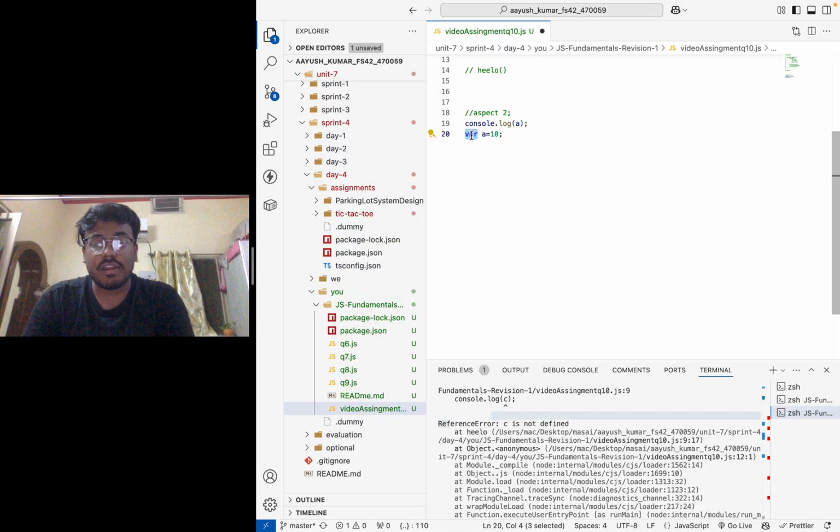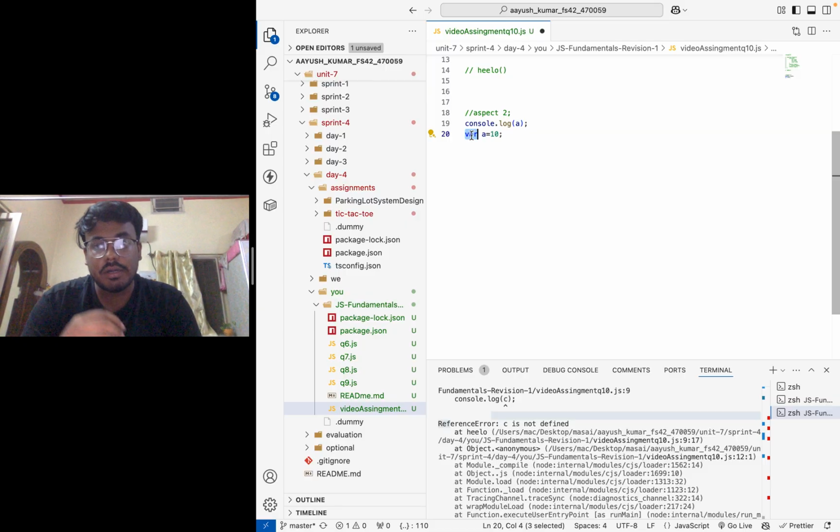If there is console.log of let or const, it will give a reference error. var can be initialized and hoisted, but let and const cannot. This is the difference between var, let and const, as per hoisting and temporal dead zone.